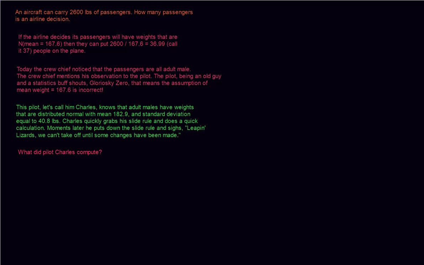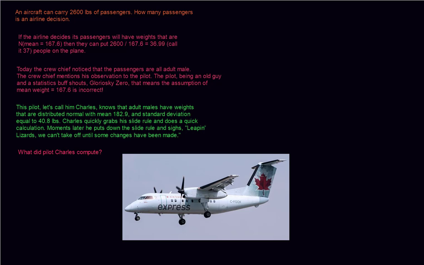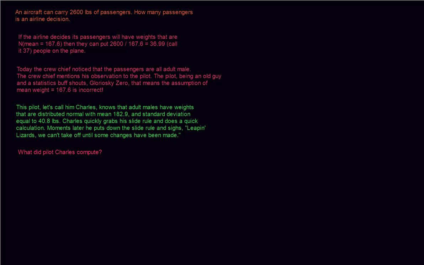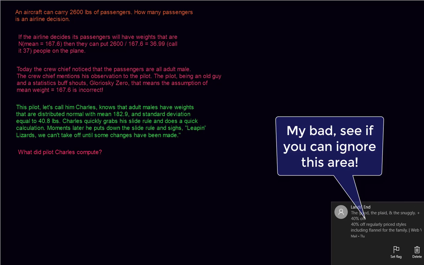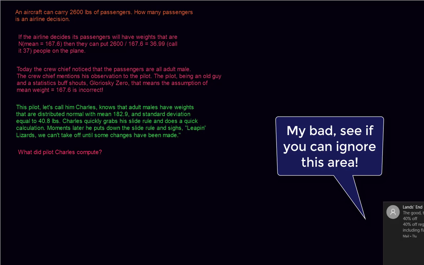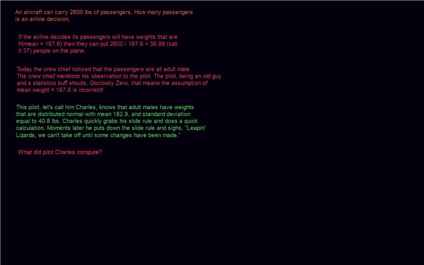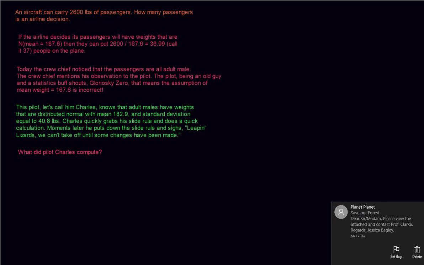One type of small plane in common use today comes from the manufacturer with a note that says it can carry 2,600 pounds of passengers, but it doesn't say how many passengers that is. Deciding upon how many passengers equals 2,600 pounds is an airline decision. If the airline decides that its passengers will have weights that are normally distributed with a mean of 167.6 pounds,